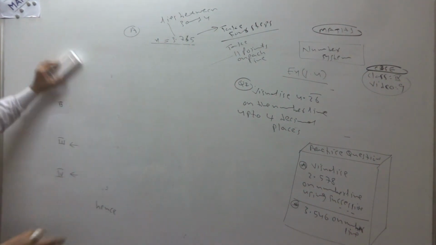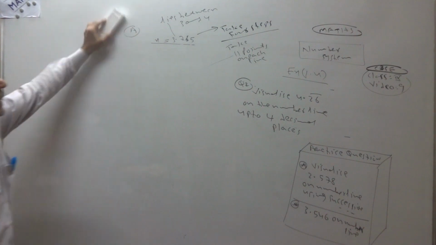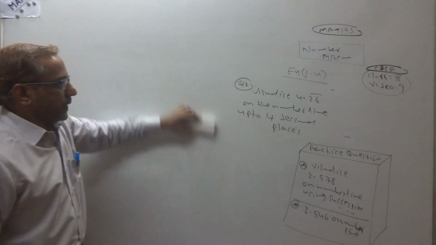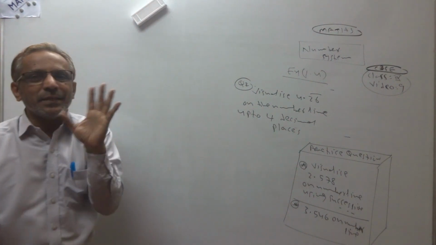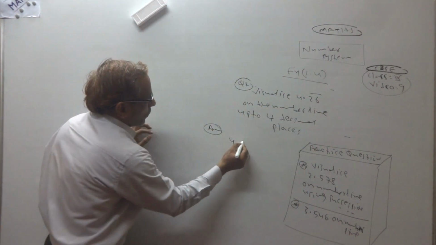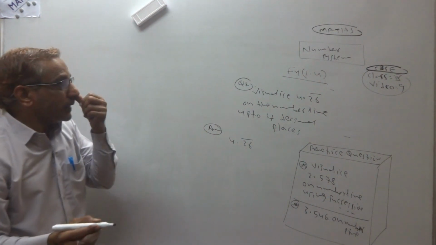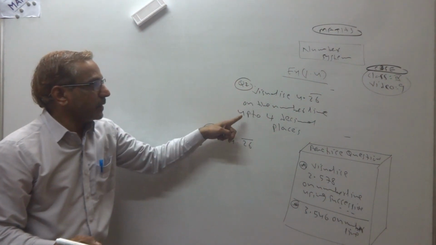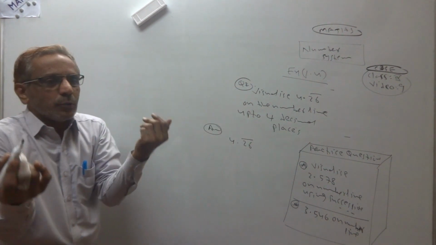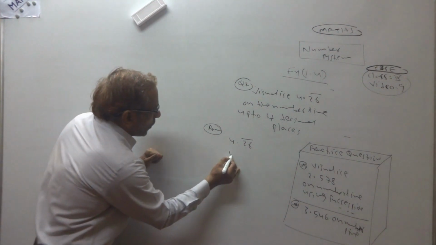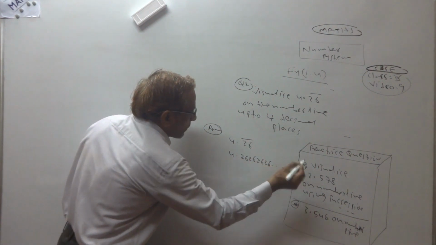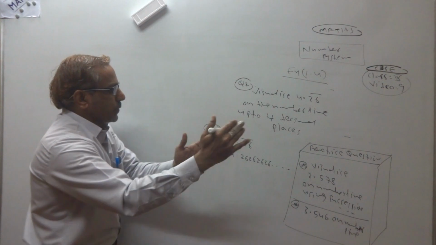Now I am doing one more question. If any doubt, you can clear it in this question. Okay? Please see. This is slightly different, this question, because here it is given 4.26 bar, and it is said that visualize this on the number line up to 4 decimal places using successive magnification. Okay, you know 26 bar means what? 26, 26, 26 like that.